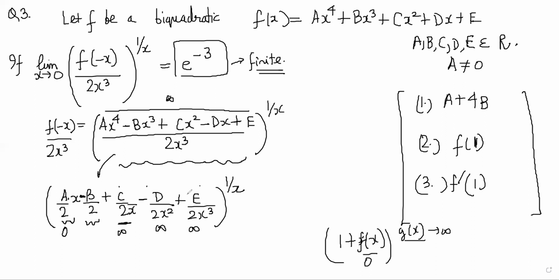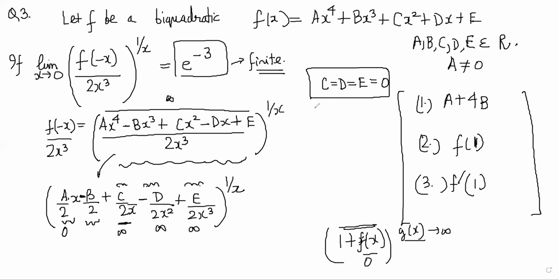If they become infinite, then there is no chance that infinite power infinite is going to tend to something finite. So that implies that c is equal to d is equal to e is equal to 0. Because they have to disappear, otherwise it will be totally wrong. It is not in the form of something tending to 1 power infinity, so you cannot directly apply that. You have to think about how something infinite power infinite can become finite. Only if this infinite part goes away. Otherwise, there's no chance.